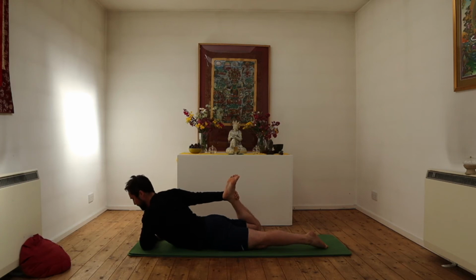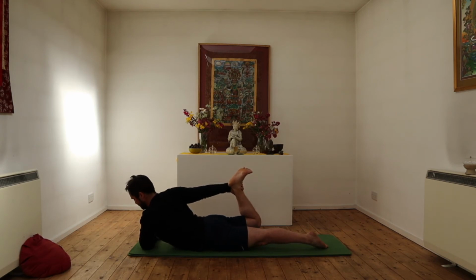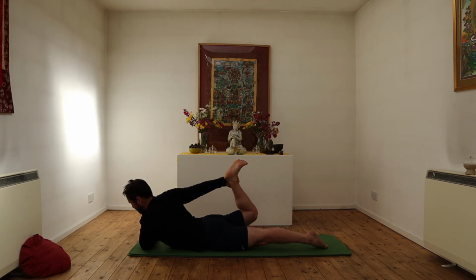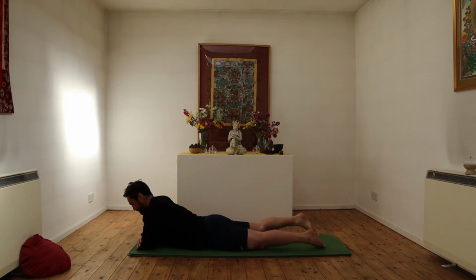We're going to breathe here. And then as we exhale, kick up with the right foot. So this is opening the right shoulder, the quads, the pecs. One more inhale, exhale to kick. And softening it down, switching the forearms, so right forearm to the mat,